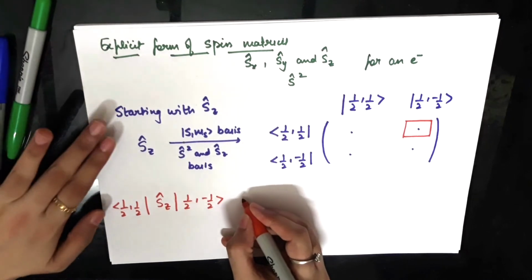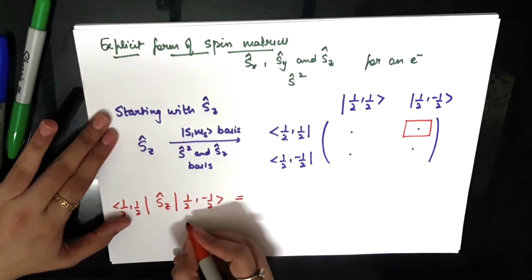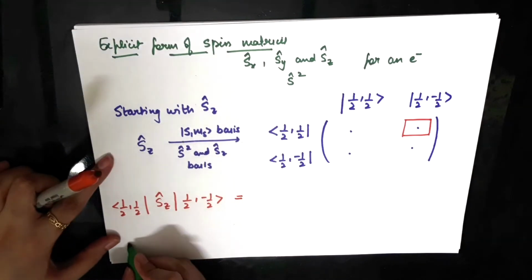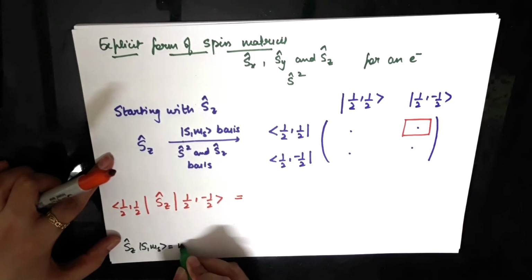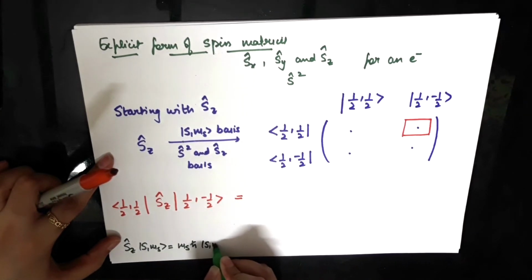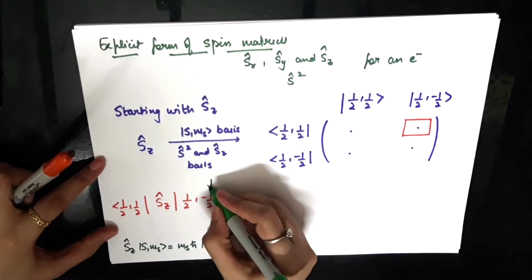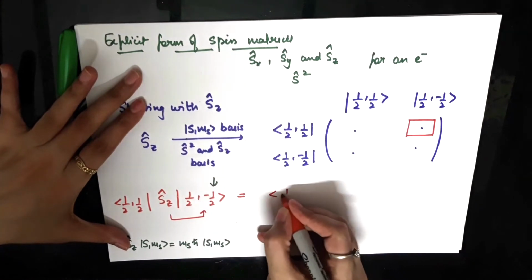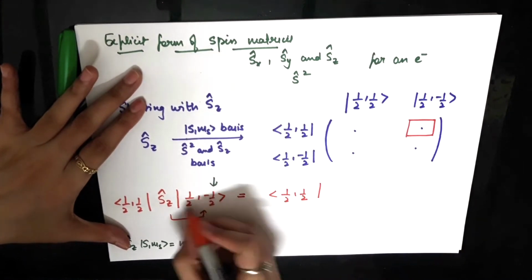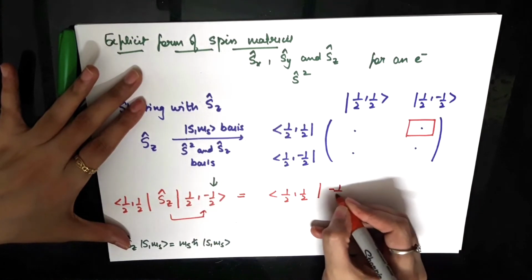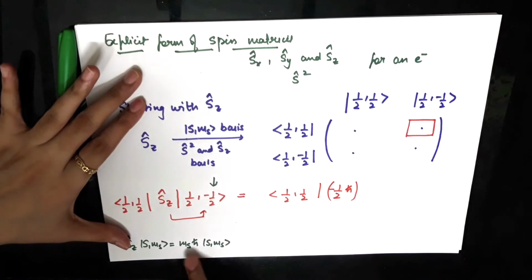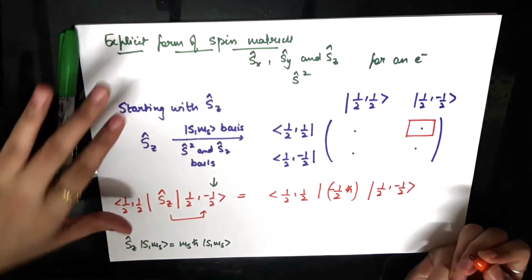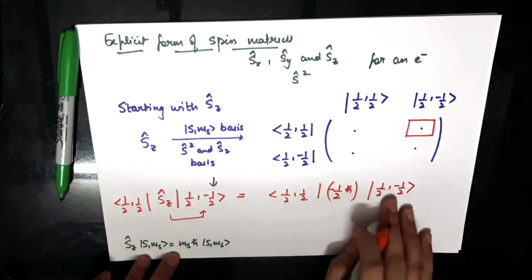So let's start calculating it, and it's very easy. You just have to keep in mind that Sz acting on S Ms is nothing but Ms h bar times S Ms. In this case, this is the value of Ms. So the bra state remains as it is, and Sz acting on S Ms, half minus half, would give me minus half times h bar, that is Ms h bar, and then this state again. So by using this formula, you can figure out this relation.